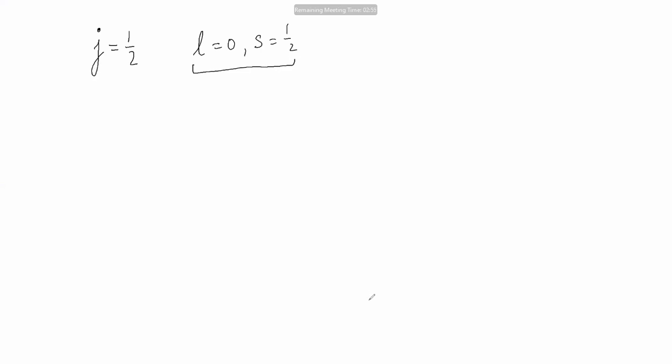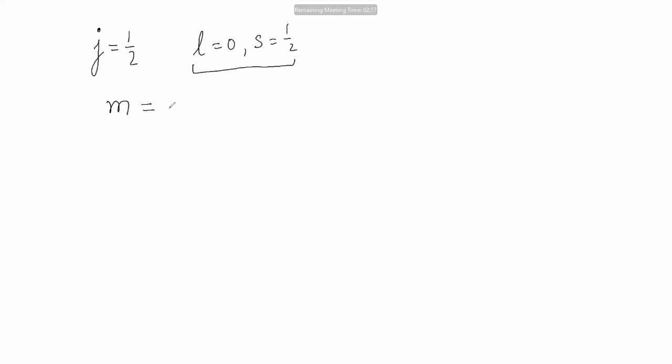Therefore, the important point is the formalism which we have developed is true not only for the total angular momentum, but it is also true for the orbital angular momentum as well as for the spin angular momentum. Therefore, when I am talking about J equal to half, then L equal to 0, S is equal to half. Now, J equal to half means what will be the value of M?